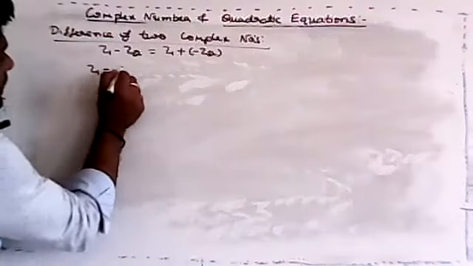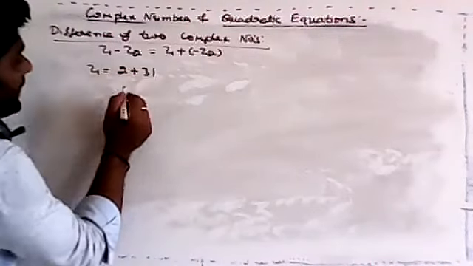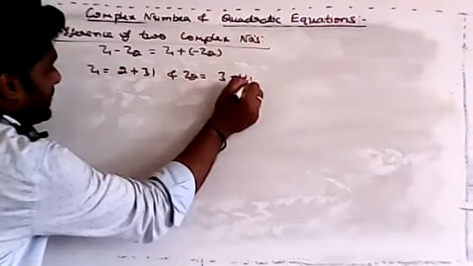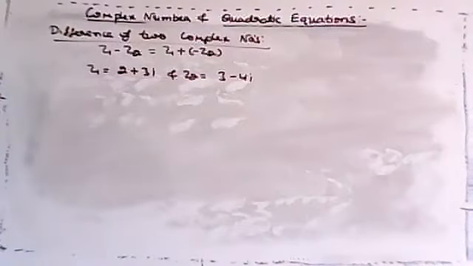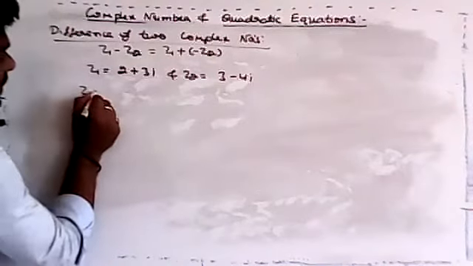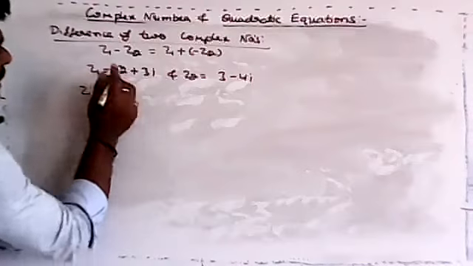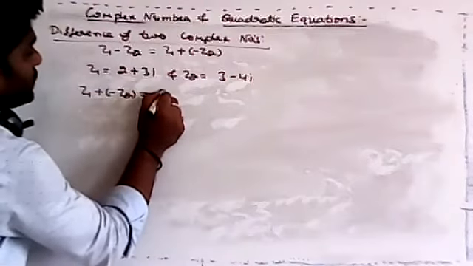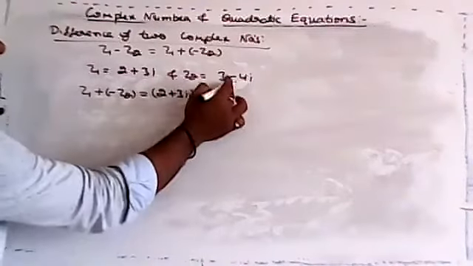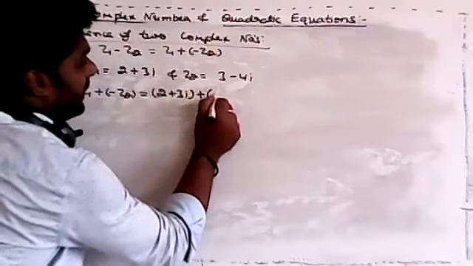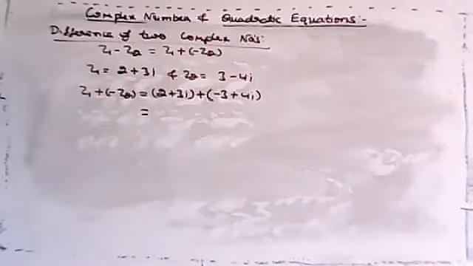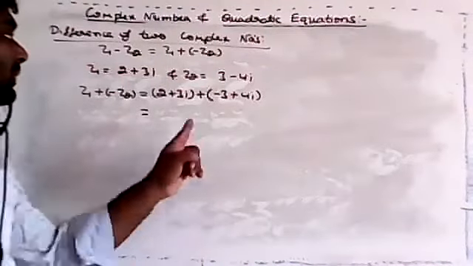So I'll consider Z1 equal to 2 plus 3i. Okay, and Z2 is equal to 3 minus 4i. Now we'll solve the difference rule here. Difference rule is what? Z1 plus of minus Z2, no? Or you can write this one also, both are the same. So 2 plus 3i, correct? Plus of minus of Z2, minus 3 plus 4i. Just take the real and real part, and the imaginary part.